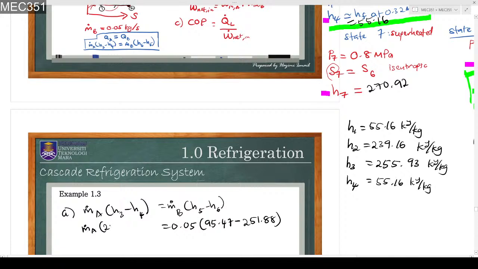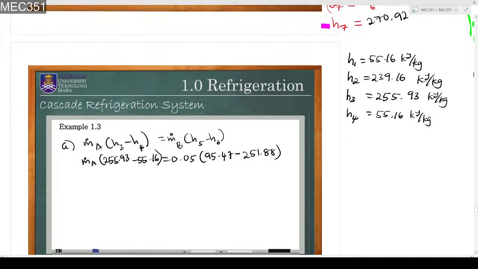H3, 255.93 minus H4, 55.16. Okay, and then you will get M dot A. Use your calculator. Okay, 0.05 times 95.47 minus 251.88, divide by,